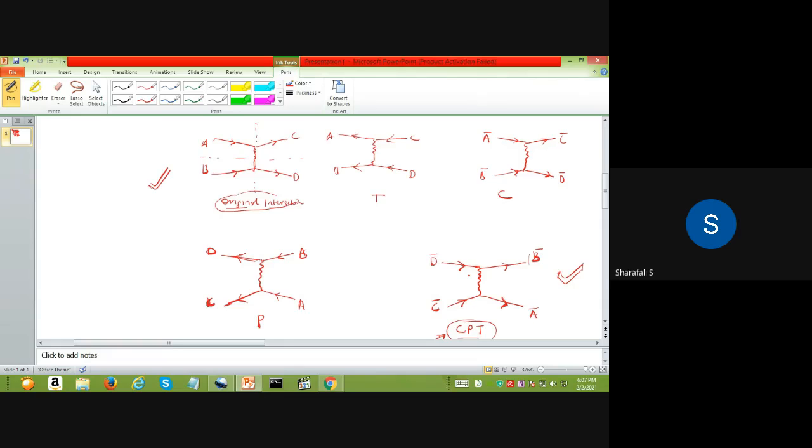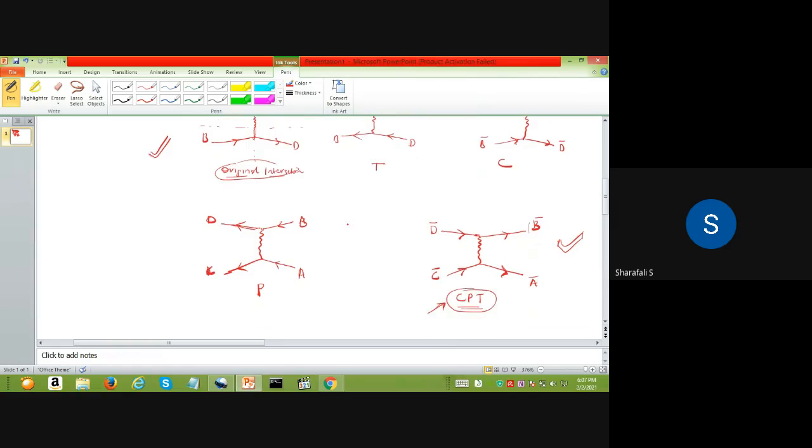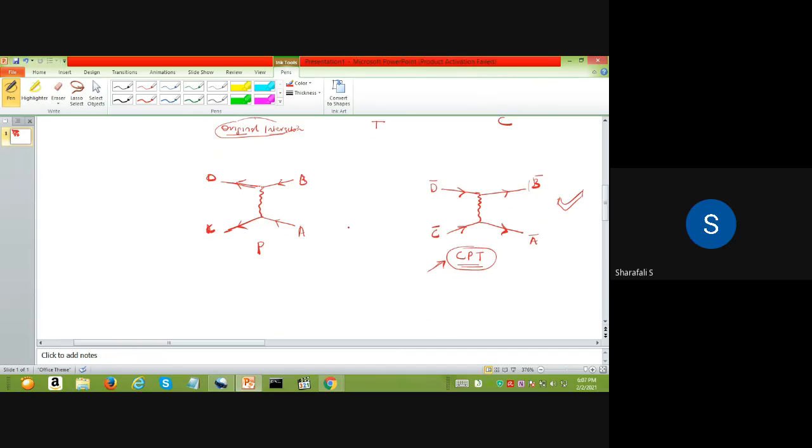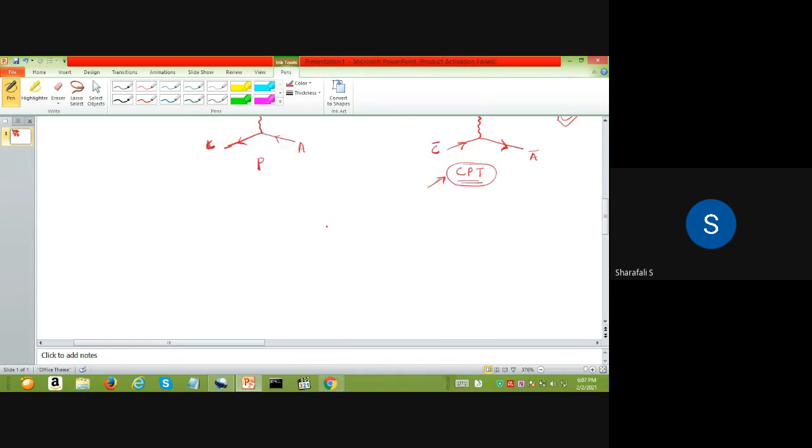Okay, so that's all about charge conjugation, parity, time reversal, CP violation, and CPT. Now we'll discuss something more about strangeness conservation and isospin conservation. We didn't discuss their conservation; we just discussed their calculations. So here we will discuss strangeness and isospin